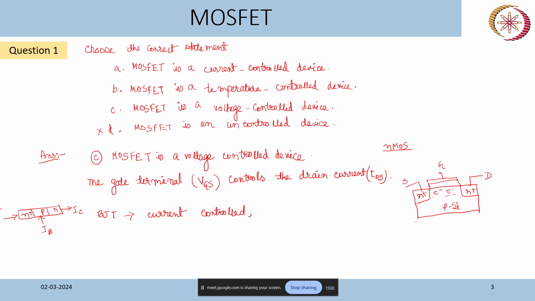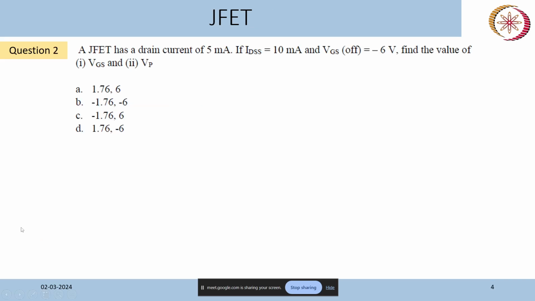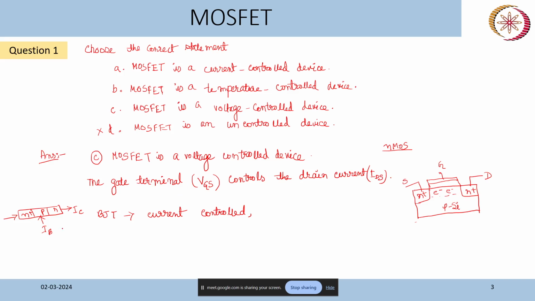And here both types of carriers will flow. So both types of carriers, electrons and holes, will flow, and both types of carriers will actually contribute to the final current in the device. That is why these are known as bipolar junction transistors. That means there are two types of carriers. Okay, so these are bipolar devices.